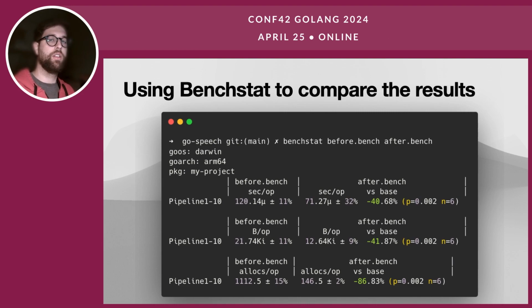So let's go ahead and use benchstat, which is a really great tool to compare two benchmarks. As we can see, before.bench was running run pipeline 1, and after.bench was running run pipeline 2. We can see three rows. The first row is the speed. The second row is how much memory your function used. And the third row is how many allocations your function did during the benchmark. We can see that run pipeline 2 is faster by 40%, wastes a lot less memory, like 40%, and allocates less than run pipeline 1 does, almost 86%. So this is a systematic way